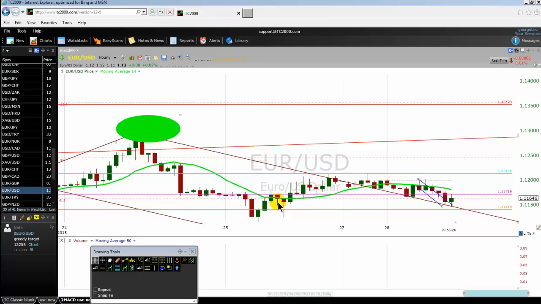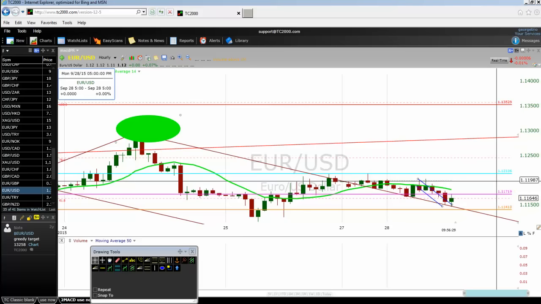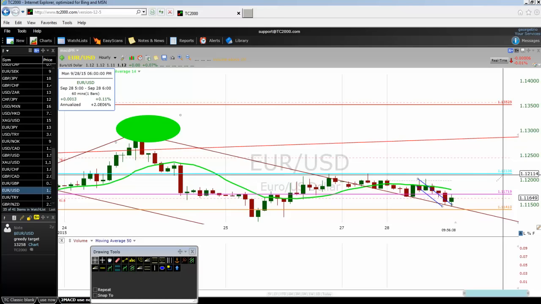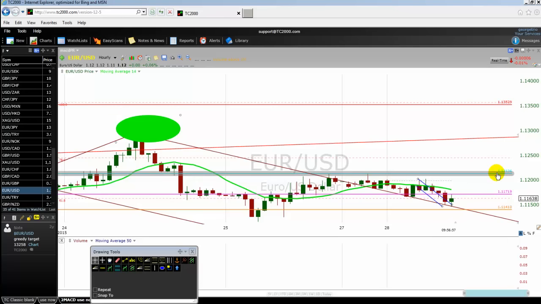So talking about my target, 1.1171, that's my minimum, 30 pips. I will expect to get paid more than that. I will set my target at 1.1210 and see how it goes. If the market starts going up and suddenly slows down, I may decide to take my profit. But for now, I'll set my target